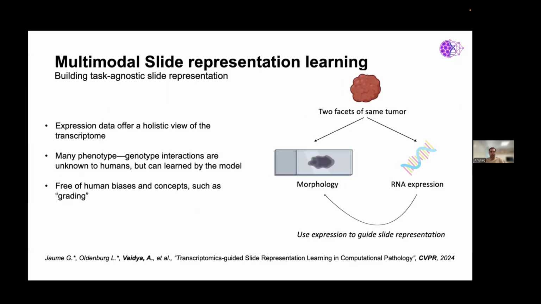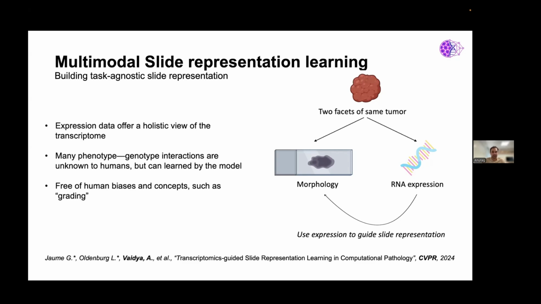So multimodal slide representation learning, what we are proposing to do is use the RNA expression of the tumor sample along with the morphology to guide the slide representations. And why do we really believe that this can work? Expression data can offer a holistic view of the transcriptome. A lot of the phenotype and genotype interactions that are unknown to humans can be learned by comparing the morphology